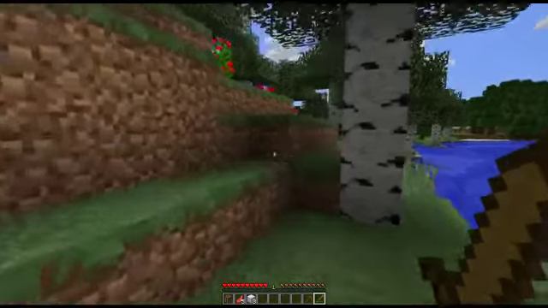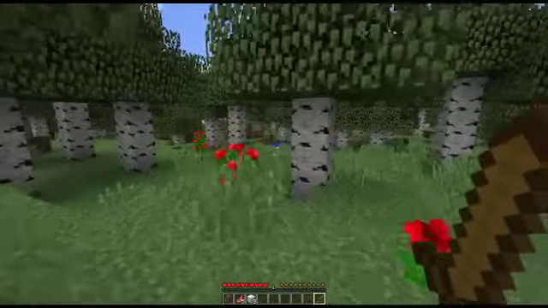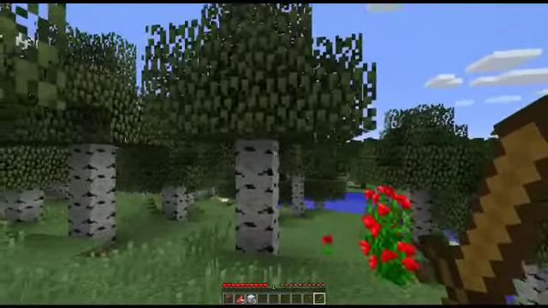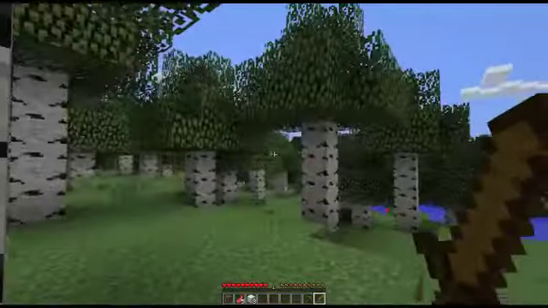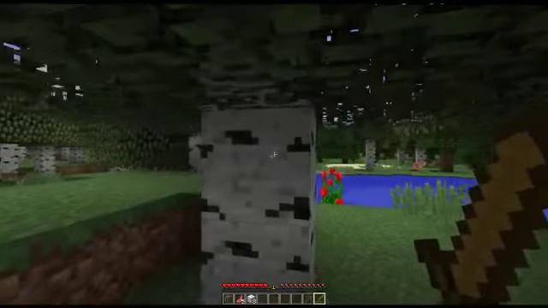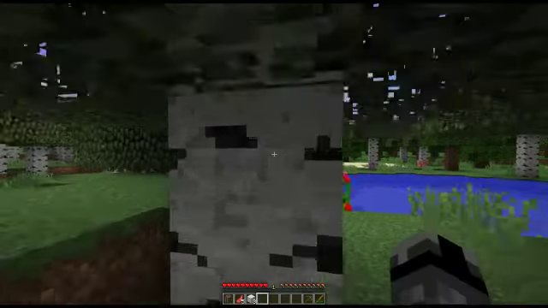And I am in a birch forest by the looks of things, which is what I like generally because when I want to grow trees, I like the birch trees. No matter how tall they are, you can always reach the top from the ground, and no matter how short they are, you can always just walk straight underneath the leaves. You never have to actually